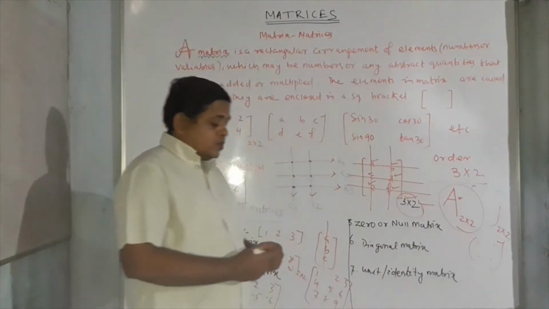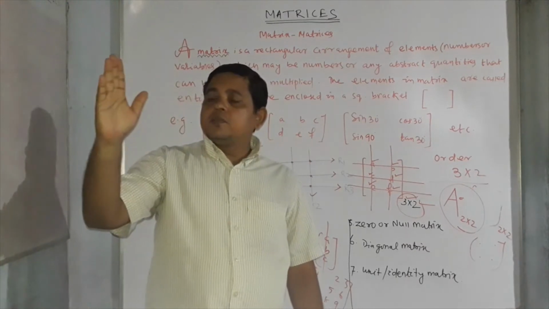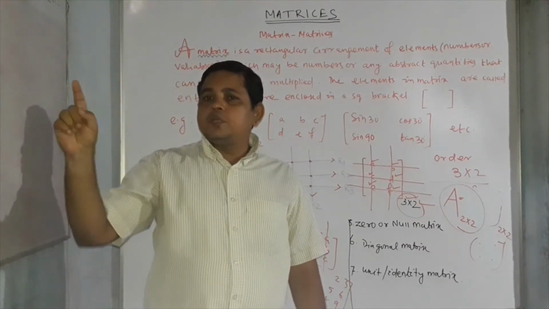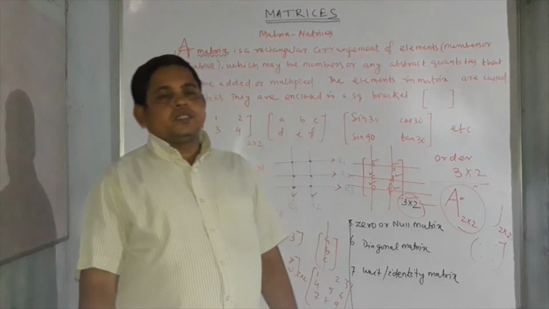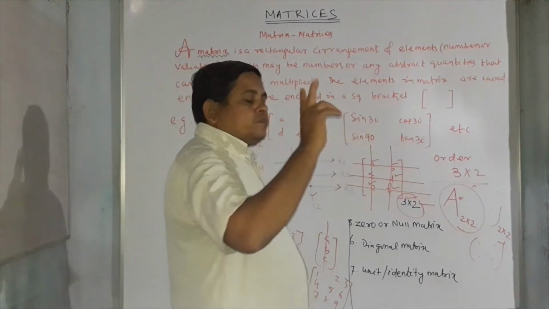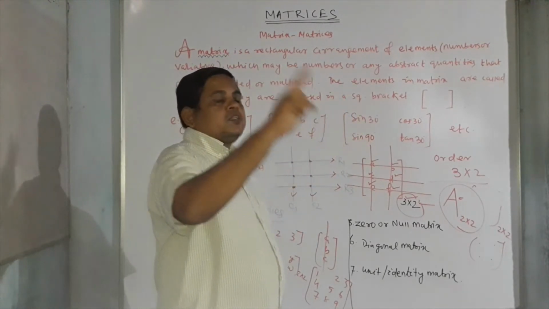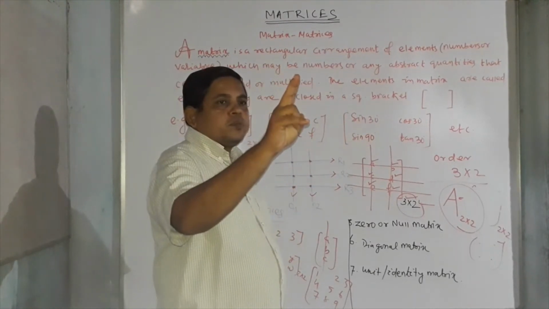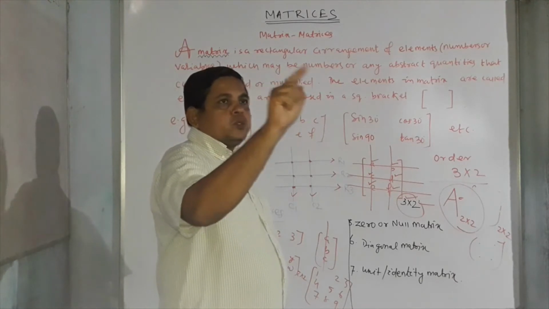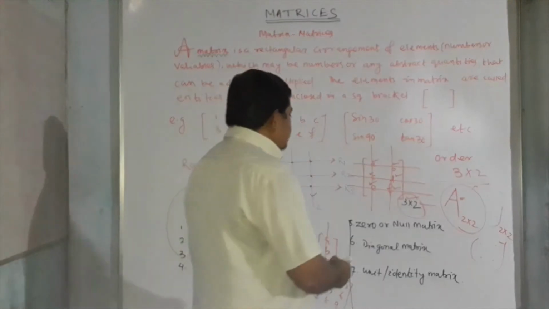Then after that, the zero matrix or null matrix. Suppose one matrix is given, 1, 2, 3, 4. Another matrix is given, 1, 2, 3, 4. You subtract these two matrices. The final answer will be 0. If you are subtracting a 2 by 2 matrix from another 2 by 2 matrix and the answer comes as a null matrix or zero matrix, you write 0, 0, 0, 0. Don't write a single element. It is wrong. So you write it in matrix form.